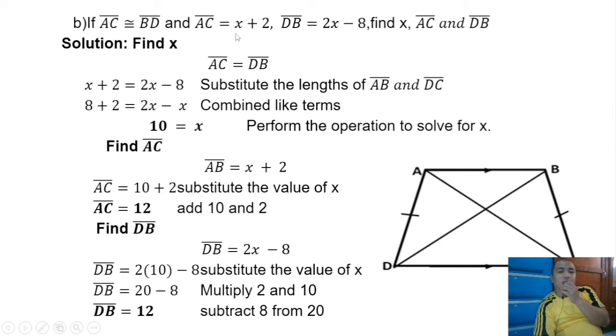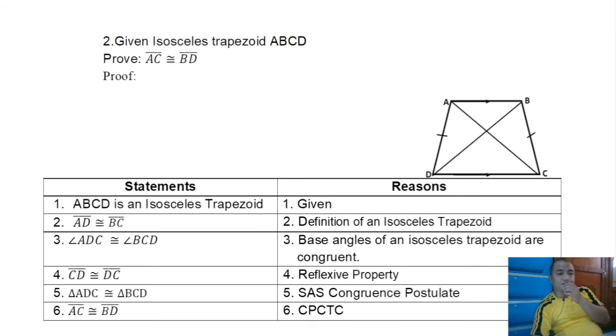What is now the length of AC? 10 plus 2, 12. Then, what's the length of DB? 20 minus 8. It's also equal to 12. So, as you can see, AC and DB are equal. Okay. The diagonals are congruent in an isosceles trapezoid. Number 2. Given isosceles trapezoid ABCD, prove AC is congruent to BD. So, this is the proof of the property of the diagonals of an isosceles trapezoid